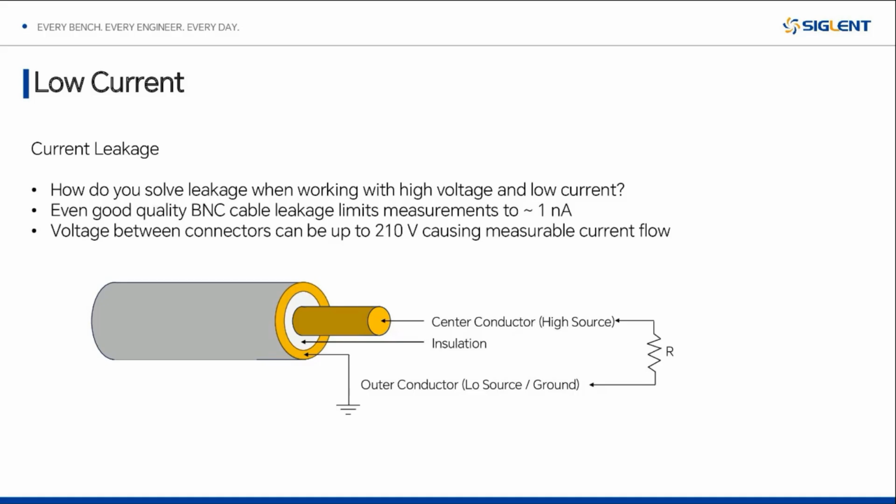All right, so we're going to go down for a few minutes here and talk about low current and low voltage, and some important aspects here, especially as you get down below, say, a nanoamp. Right? So most importantly here,